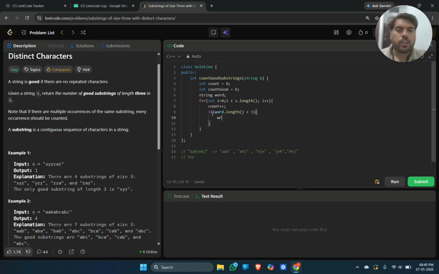Then we concatenate onto the word the character of s of i. I'm concatenating it with the character, and after this we are checking if the count is 3. Why am I checking the count? Because we count the iteration. If 3 is completed, then we